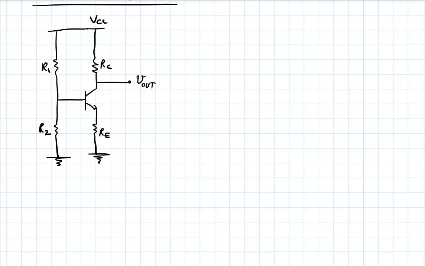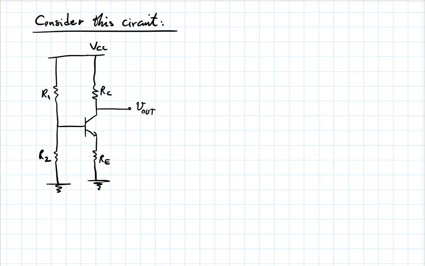And you're looking at this output voltage. If you assume that the values of the parameters are such that this transistor ends up in the active mode,